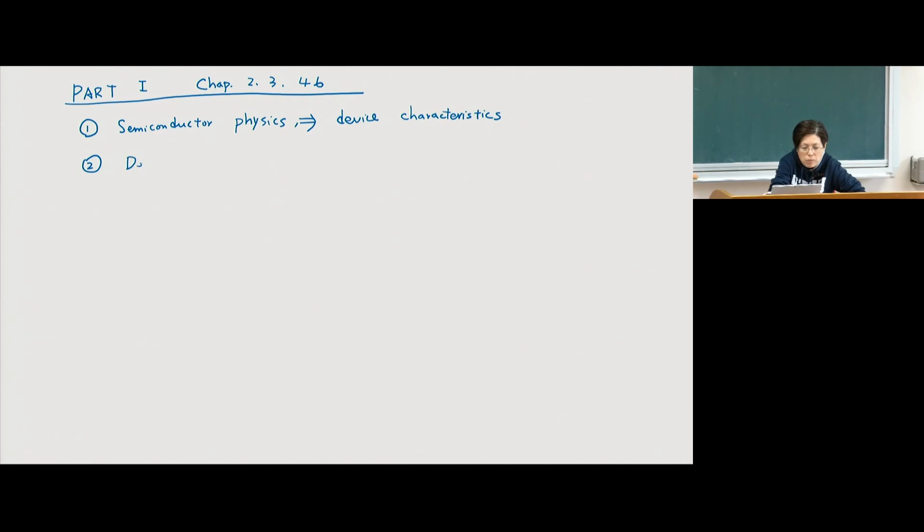And then, of course, we're going to talk about specific devices. We're going to start with the simplest one, which is a diode. A diode consists of just two types of semiconductors. We're going to talk about the types of semiconductors and how the construction of these materials results in different performance or different characteristics of devices. So we're going to talk about two types of devices: one is the diode, the other is transistors.